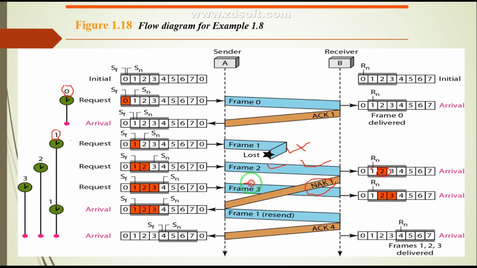After that, again frame 3 has been sent. Again the receiver is going to keep a copy of this frame because it is present in this window. But as soon as this negative acknowledgement 1 is received by the sender, it comes to know that frame 1 is damaged, corrupted, or lost. So the timer stops over here and it is going to restart. See the restart, the timer restarts over here and the sender is going to send frame 1 again.